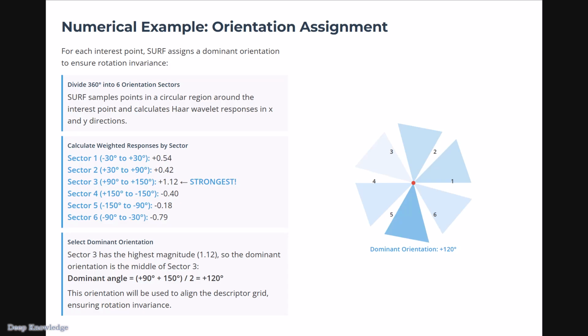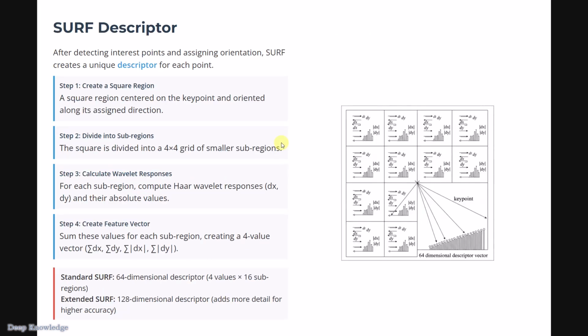From minus 30 to 30 degrees, for instance, this is 1, 2, 3, 4, 5, 6. So these are the six vectors, and they calculate the orientation of each gradient. For instance, from minus 30 to 30 there are, let's see, 3.54. And after finding the dominant orientation, which is 25, they will now try to